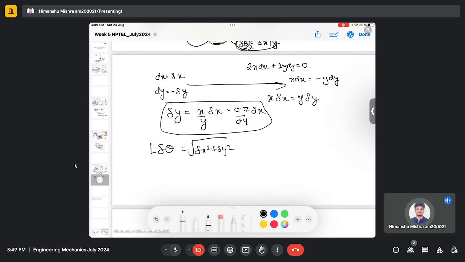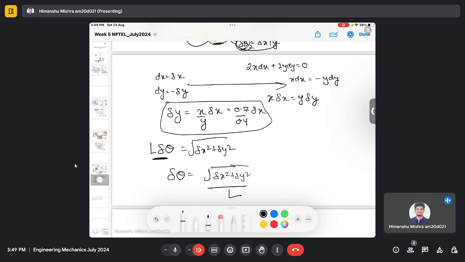So again, since the moment is given, there will be an angular virtual displacement, not a virtual translation displacement. There will be a virtual angular displacement. So I will write in terms of del theta, which is the square root of del x square plus del y square divided